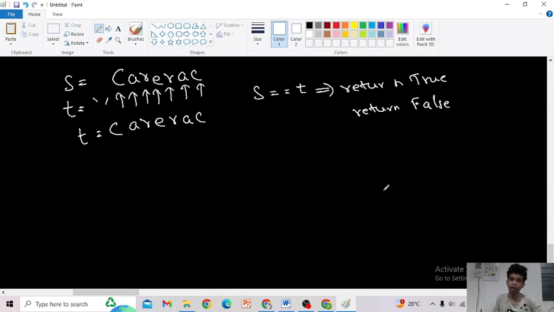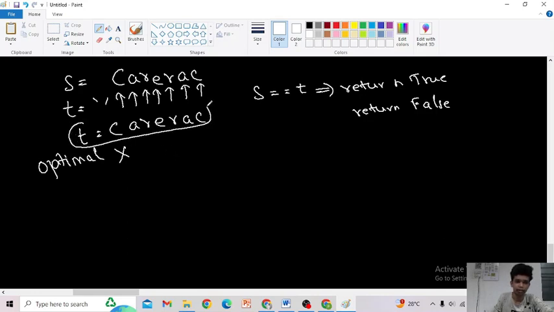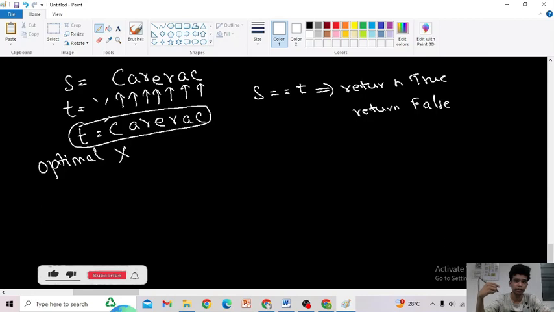Fine. Now, is it an optimal approach? No. Because here we use another string to store the main string. Then we want to check those two strings and return whether they are palindrome or not. But